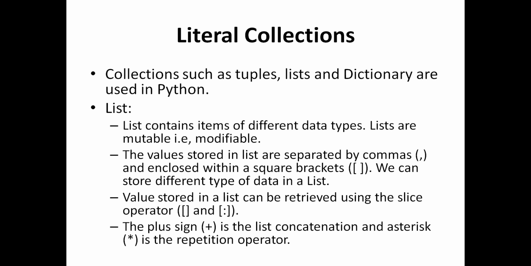Lists are mutable, that is modifiable. The values stored in a list are separated by commas and enclosed within square brackets. We can store different types of data in a list. Values stored in a list can be retrieved using the slice operator. The plus sign is the list concatenation and the asterisk sign is the repetition operator, which we have discussed earlier